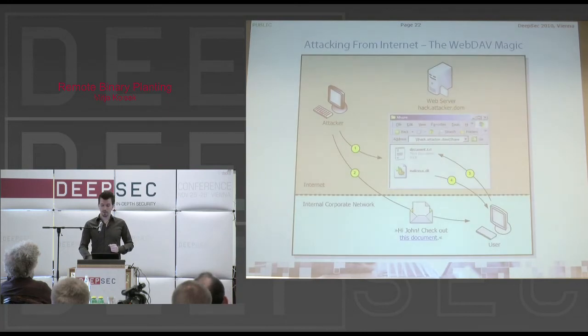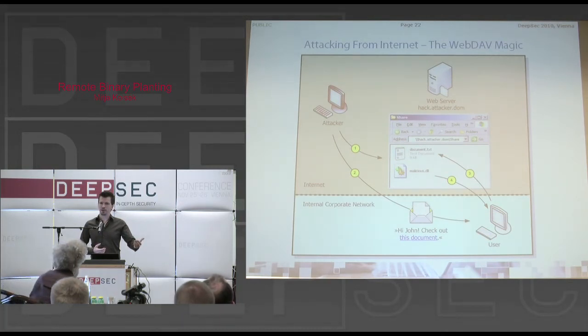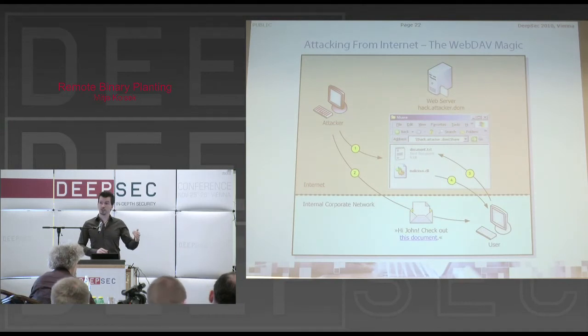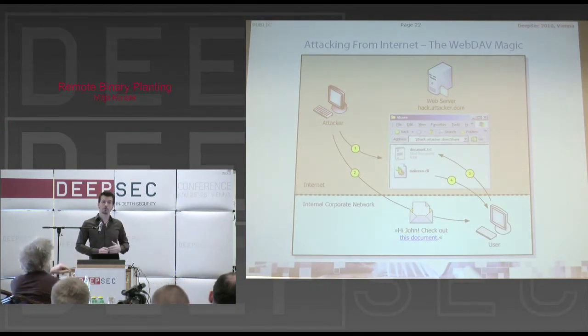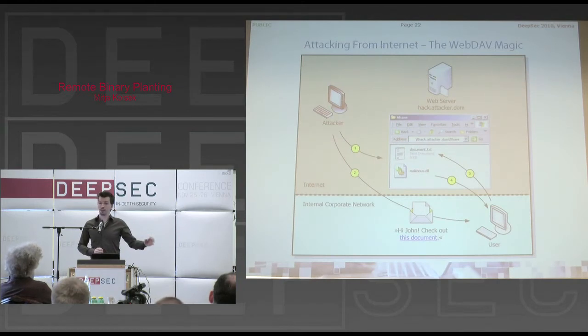But it goes remote as well. Why does this work over the internet? Don't your firewalls block SMB traffic? Yes, they do. But do they block WebDAV traffic? They probably don't. They usually don't. The firewalls that we've seen don't, because it doesn't feel dangerous, so it's better not to be blocked. WebDAV is actually an extension to HTTP, so if you're allowing outbound HTTP and not setting specific restrictions for WebDAV, then you're also allowing outbound WebDAV. And there's no way for the firewall to tell the good from the bad.